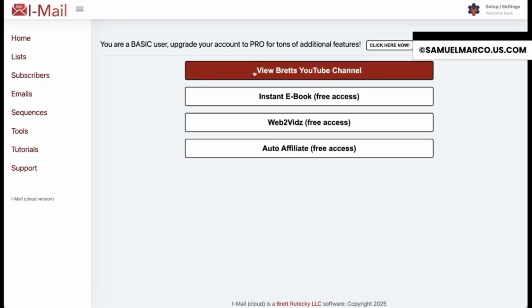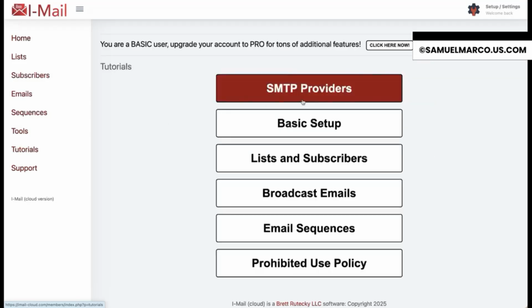These built-in tools make it easier to maintain a healthy list, stay compliant, and understand exactly what's happening with your